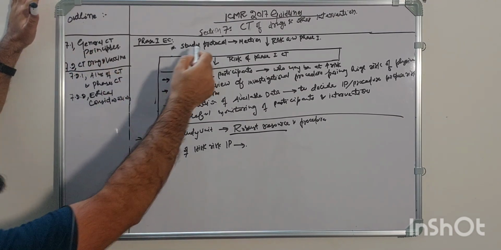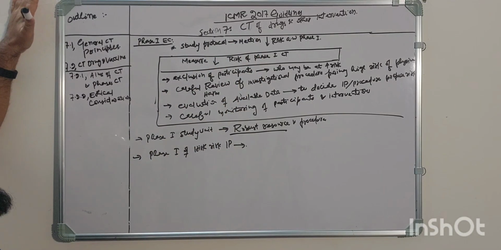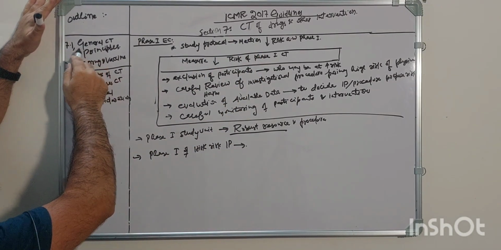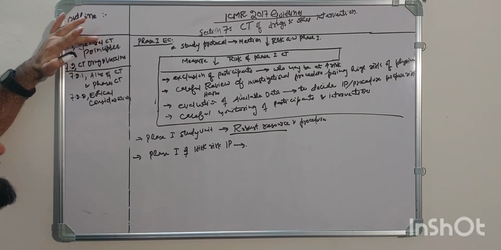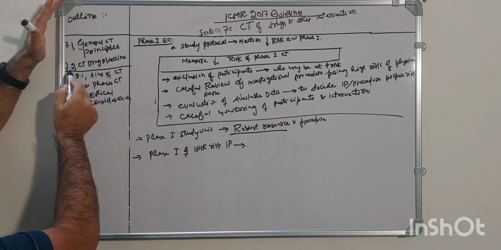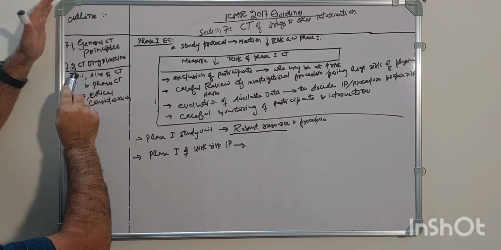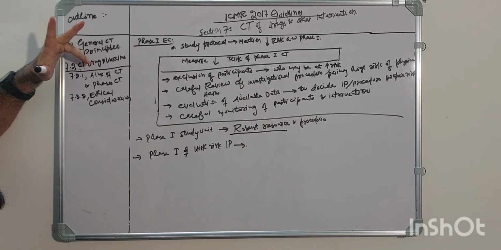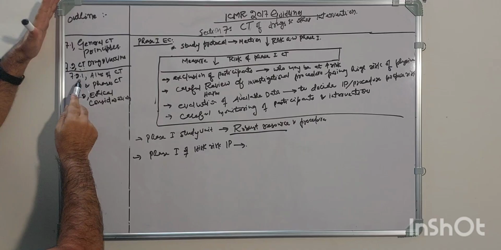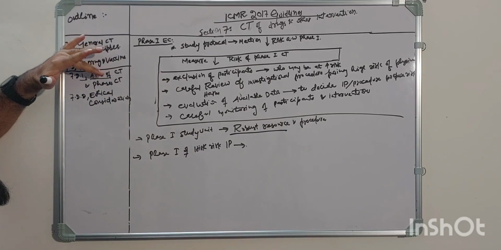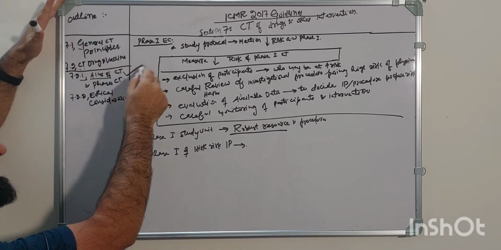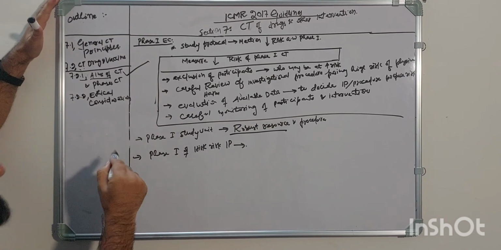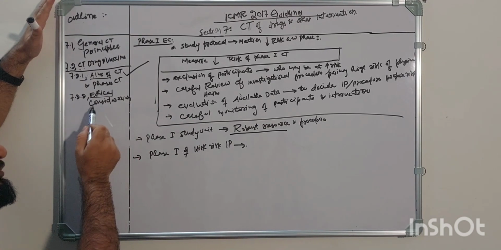This is section 7, clinical trials of drugs and other interventions. First we discussed the general principles for clinical trials. The second topic is clinical trial, drug and vaccine development. Under this topic, first we discussed the aims of clinical trials and phases of clinical trials. Then the second subsection under this topic is ethical considerations.